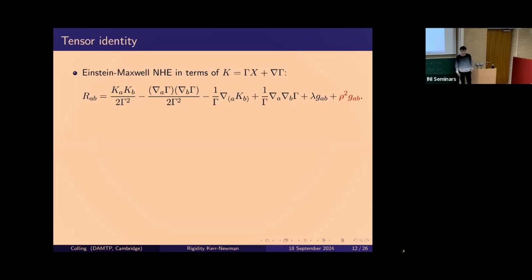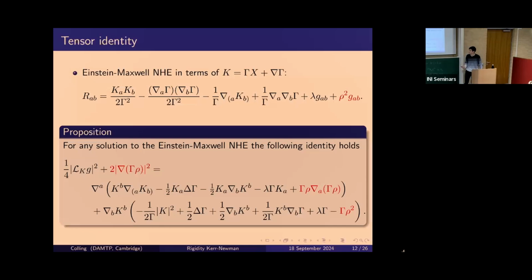And now, of course, you try to find a version of this identity expressing the norm squared of the Lie derivative. It turns out it can be done, and it looks as follows. On the left-hand side, you will have strictly non-negative terms, just like before. On the right-hand side, we have a divergence plus a bunch of terms proportional to the divergence of K. If we again choose gamma such that the divergence of K is 0, and then integrate, we find that in fact this quantity has to be 0. So we find not only that K is Killing, but also that gamma times rho is constant. This identity is in some sense even stronger than